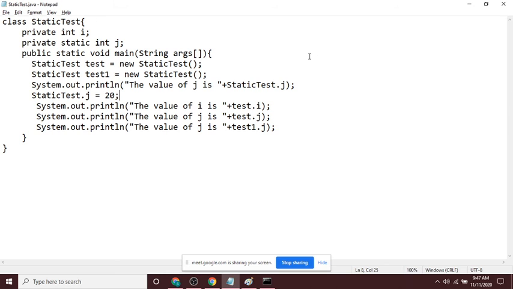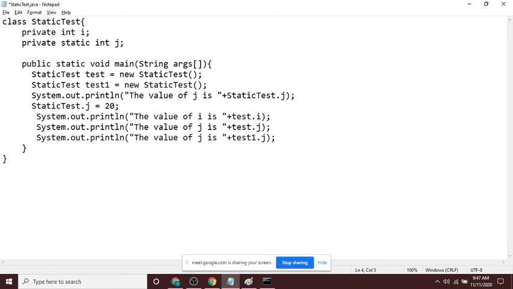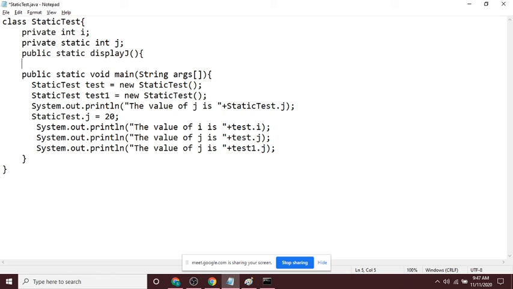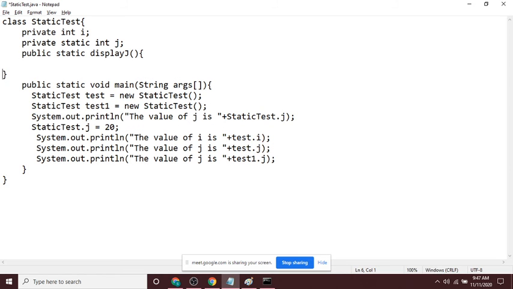And then what is a static method? I will have a method here: public static void display j. I think now you understood why we have static for the main method.